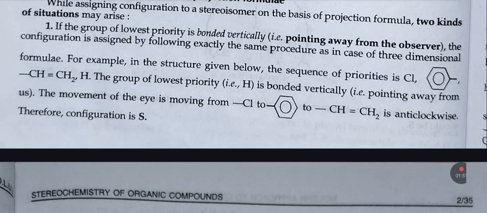For example, in the structure given below, the sequence of priority is Cl, then benzene, then CH double bond CH2, then H. The group of lowest priority, that is H, is bonded vertically, pointing away from us. The movement of the eye from Cl to benzene to CH double bond CH2 is anti-clockwise,